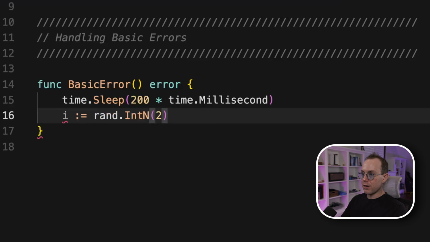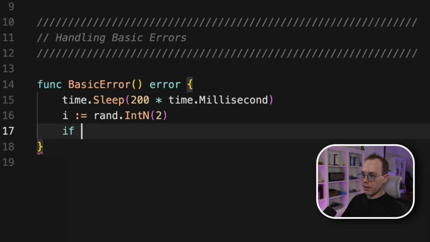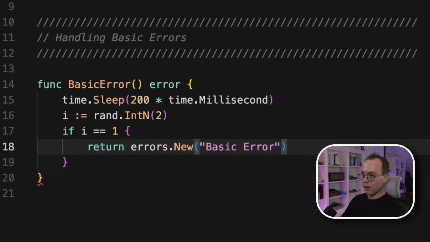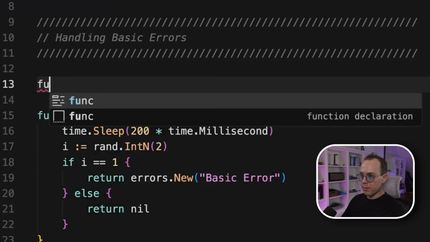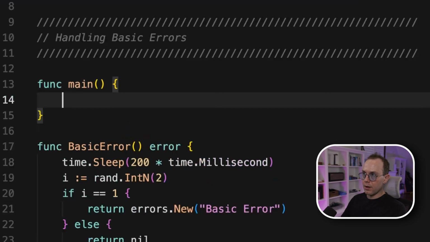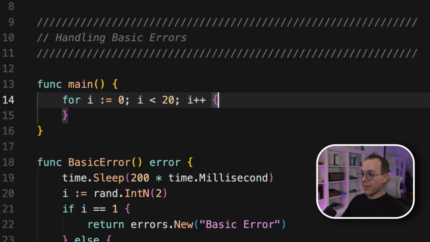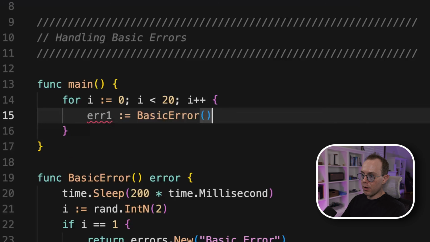Make a random int. Then if that int is equal to 1, we'll return a new error using errors.New. Otherwise, we'll return nil. Then in the main function, we're going to loop a bunch of times to get a decent amount of output. And then in each iteration, we'll call basicError, and then we need to handle that